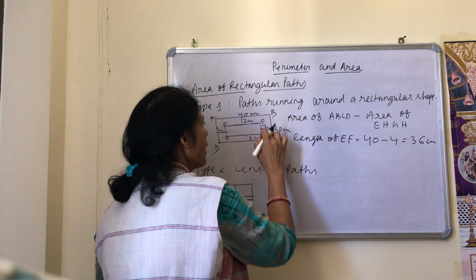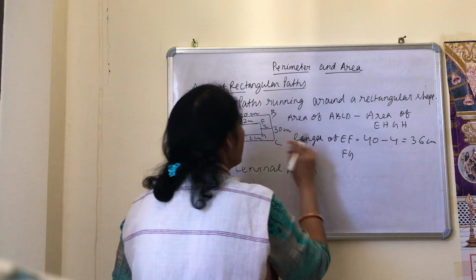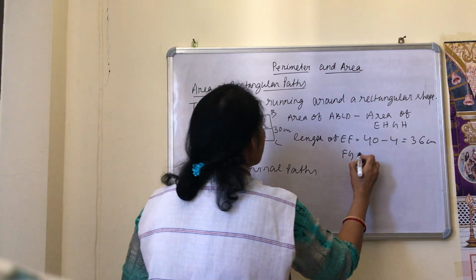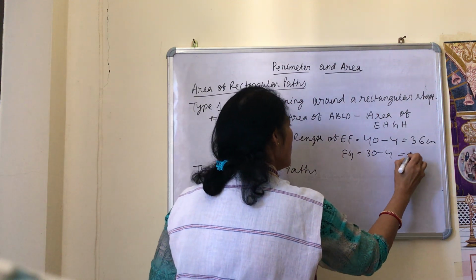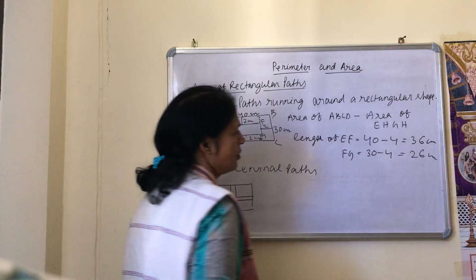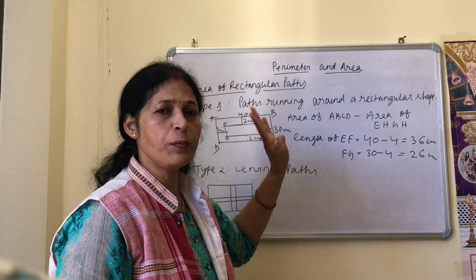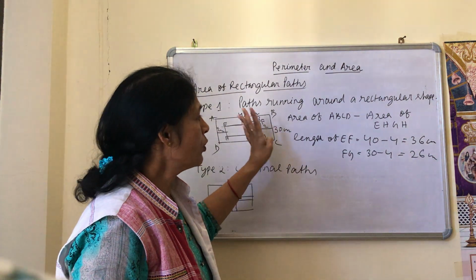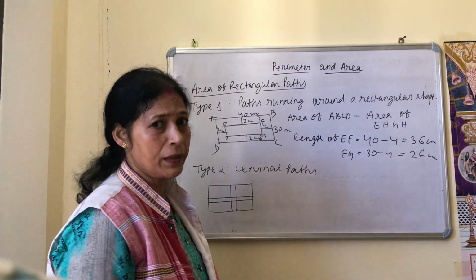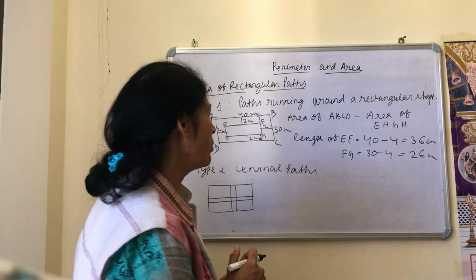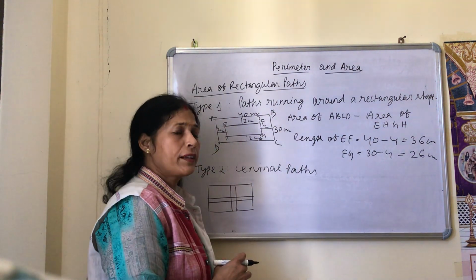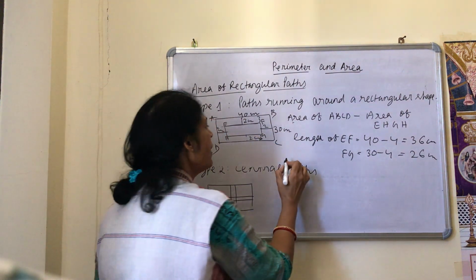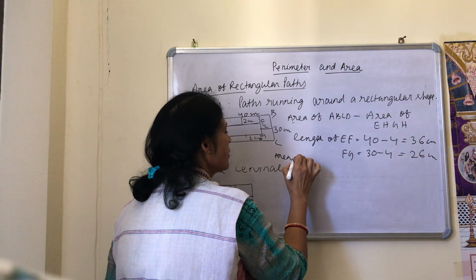And length of FG. This side also 2 centimeter, this side also 2 centimeter. So 30 minus 4 is 26 centimeter. You get both length and breadth of the inner rectangular field. Clear? Then you get your area by multiplying this. You know that length into breadth is the area of the rectangular field. So area of ABCD. What is the area of the path? So area of path is